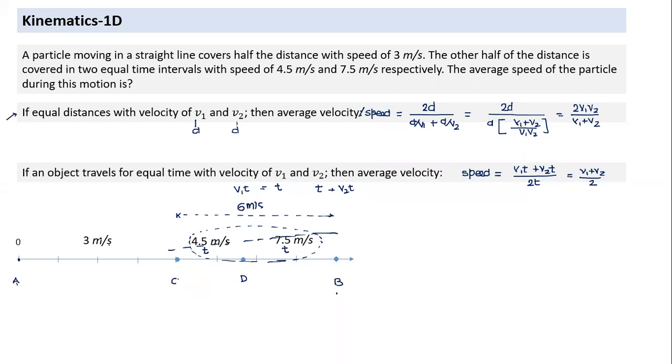What is the average velocity now? Now there are two velocities, 3 meters per second and 6 meters per second, for equal distances. Are you noticing, Ananya, why the distances are equal? Yes. So what is the average velocity now for the whole question? Average velocity will be equal to 2v1v2 divided by (v1 plus v2). What is necessary? I must understand these two things. Is it difficult to know these things? Not at all. These are two simple things.